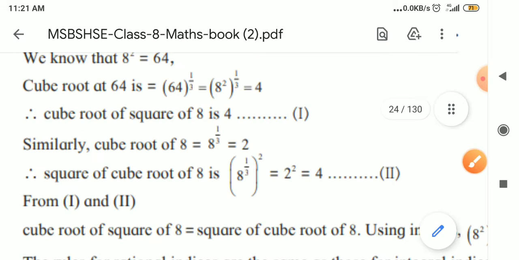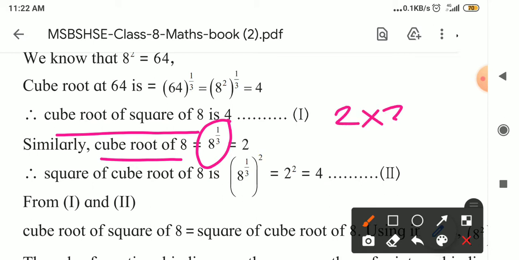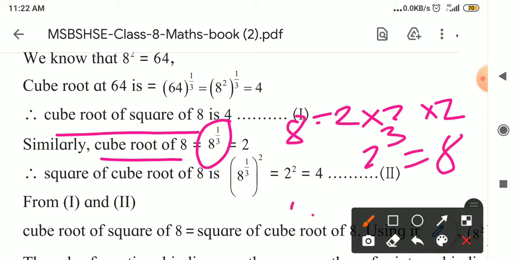Now the cube root of 8, the cube root of 8 is 4. How are we reading this? The cube root of 8 is 4. So here how it is given, I will tell you first of all. Similarly, the cube root of 8 is equal to, means we are writing in this way, the cube root of 8 is equal to 2. Why? Because 2 ones are 2, 2 twos are 4, 4 twos are 8. It is 8. So 2's cube is 8, means only 8's cube root